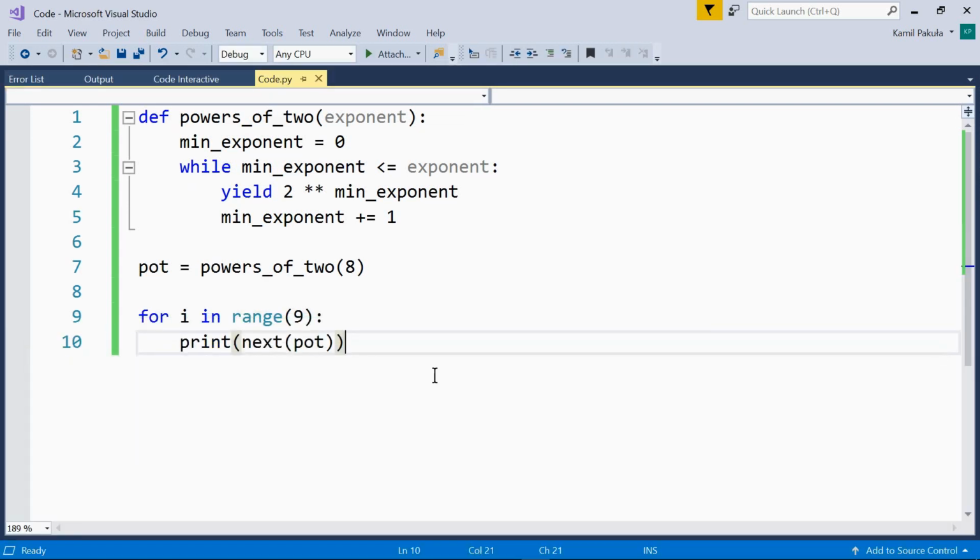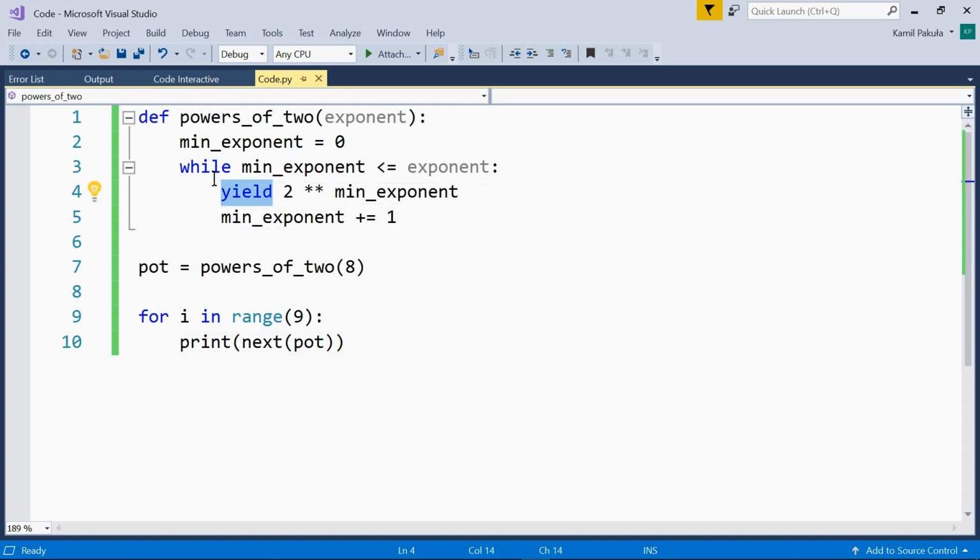For better understanding, let's have a close look at what is going on when the code above is run. So here we're calling the generator for the first time. It returns an iterator, which is the generator object. Now in the for loop, when we first use the iterator by calling the next function, the execution of the generator powers of 2 starts, just like with any other function. Now the code in the body of the generator is executed until it reaches the first yield statement, here inside